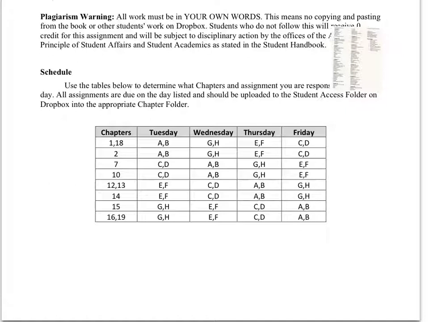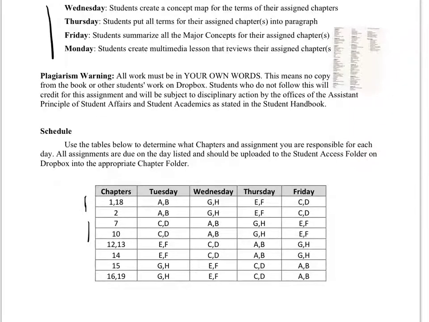And then for Wednesday, you're going to be doing a different chapter. A and B did chapters 1, 18, and 2 on Tuesday, and then they're going to be doing chapters 7 and 10 on Wednesday. You'll see that each of you will cover each chapter by the end of this assignment. What'll be different is what you'll be doing each day. Everybody will be doing terms on Monday night. However, on